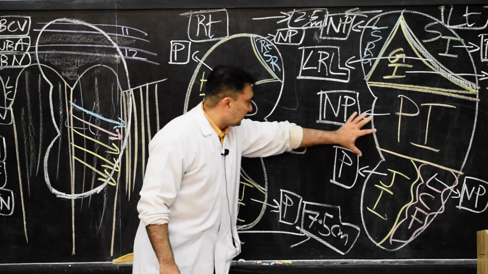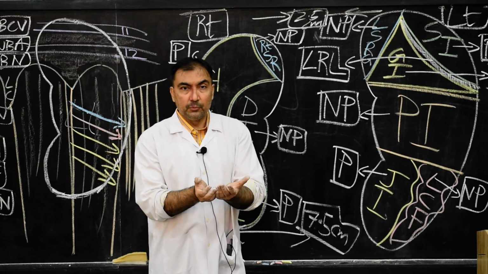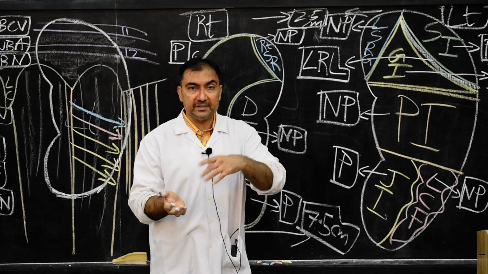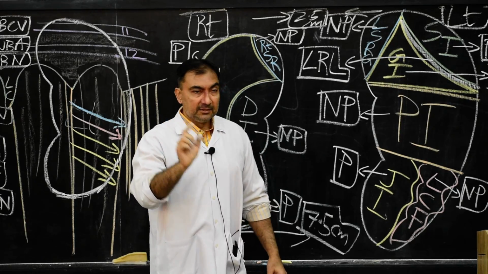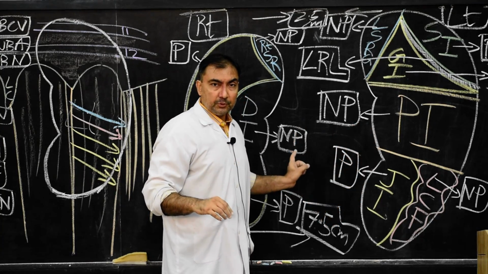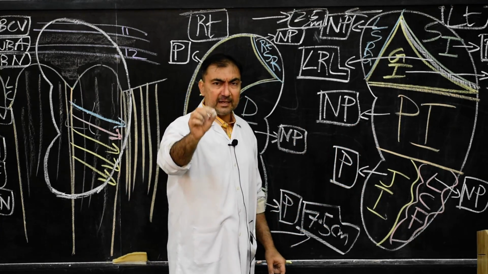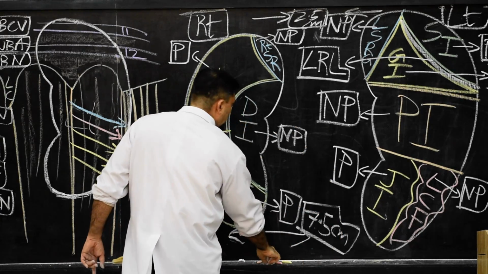Now we come to the hilum. This is the hilum. This is a viva question. Many times in dissection, when you trace both the kidneys, you have to identify which is right and which is left kidney with the help of structures present at the hilum. Remember, identification of kidneys in dissection, which is right, which is left, is based upon the structures present at the hilum. At the hilum, anterior to posterior, the following structures will be there. What are the following structures?